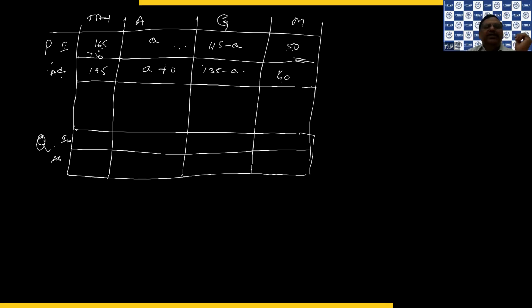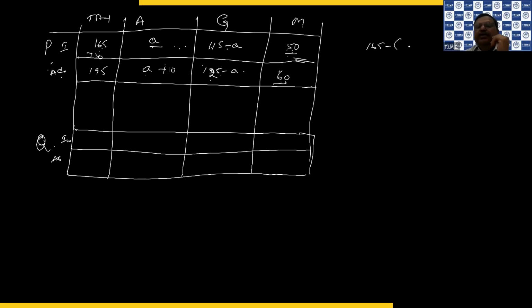I repeat, total 165. It is 115 minus A. What about here, students? It is A plus 10. Plus 10 means it is 125 minus A and 60. I'm taking this as A. This is 50, because it is 60 here means it is 50. So 165 minus